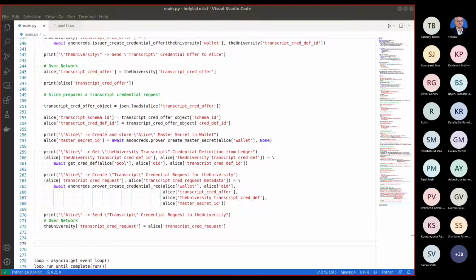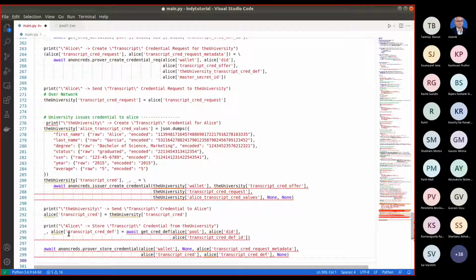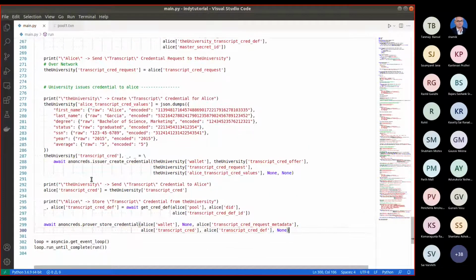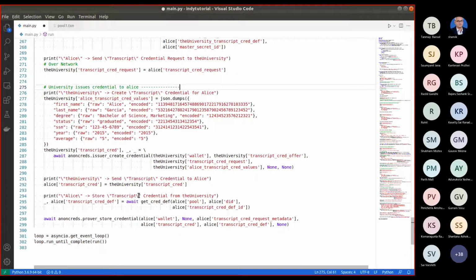That part is very simple. So this particular dictionary is the actual credential that the university is preparing.